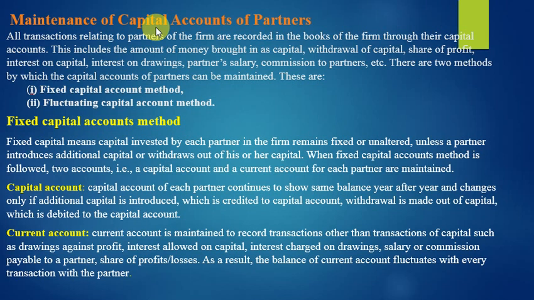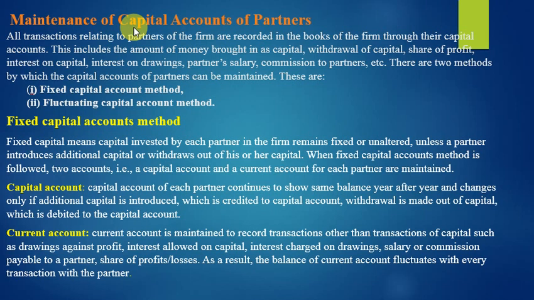As I told you in the order, first what is prepared is trading account. Second, which is prepared is profit and loss account. I have told you that between profit and loss account and balance sheet, we prepare the account which we discussed in previous classes, known as profit and loss appropriation account. And profit and loss appropriation account gives you the net divisible profit among the partners. Now between profit and loss appropriation account and balance sheet will be this newly opened account called partners' capital account. So this has the fourth number in the order when we do partnership accounting.